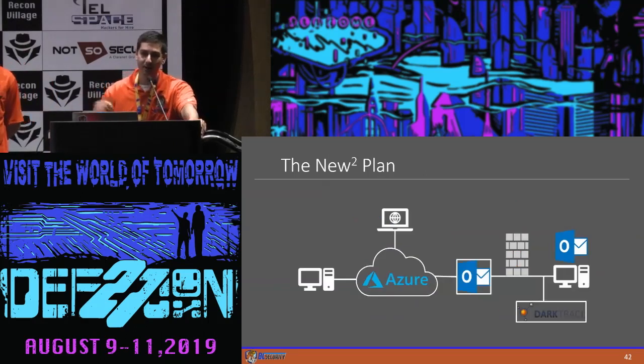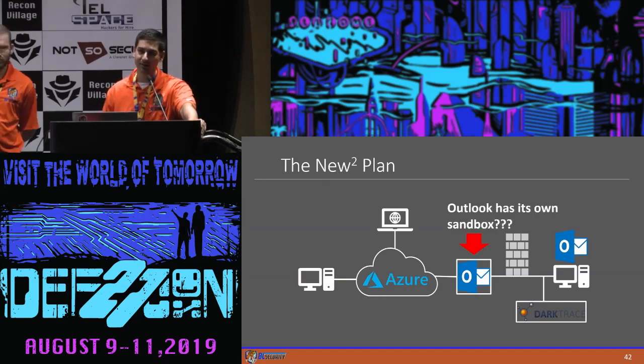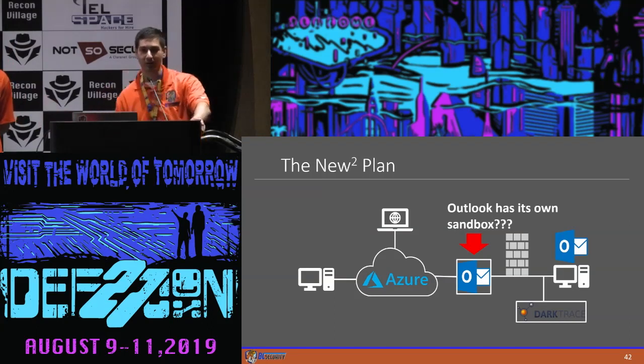built ATP processes into their regular non-ATP accounts. That adds a sandbox. So all the emails that you send out now, Microsoft is taking them, putting them into a sandbox environment, and checking them to see if they execute or have any callbacks out of them. This is happening, and there's no documentation at all on this. So just so you're aware, all your emails are being scanned by Microsoft. Big surprise.